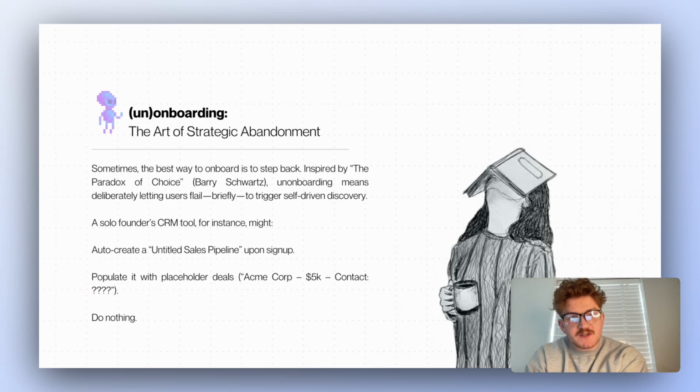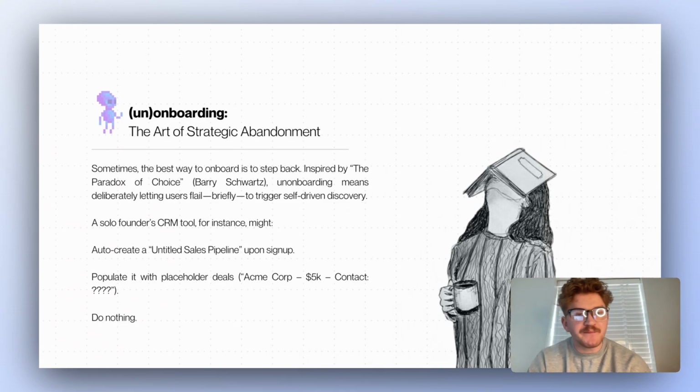Now, unonboarding. So sometimes the best way to onboard is to take a step back. So the paradox of choice by Barry Schwartz. Unonboarding means deliberately letting users flail around and sort of not know what's going on to trigger self-driven discovery. Now, I'm not so much a fan of this because I just want the SaaS to guide them in the right direction. But in enterprise SaaS and like bigger tools, sometimes a solo founder's CRM tool, for example,